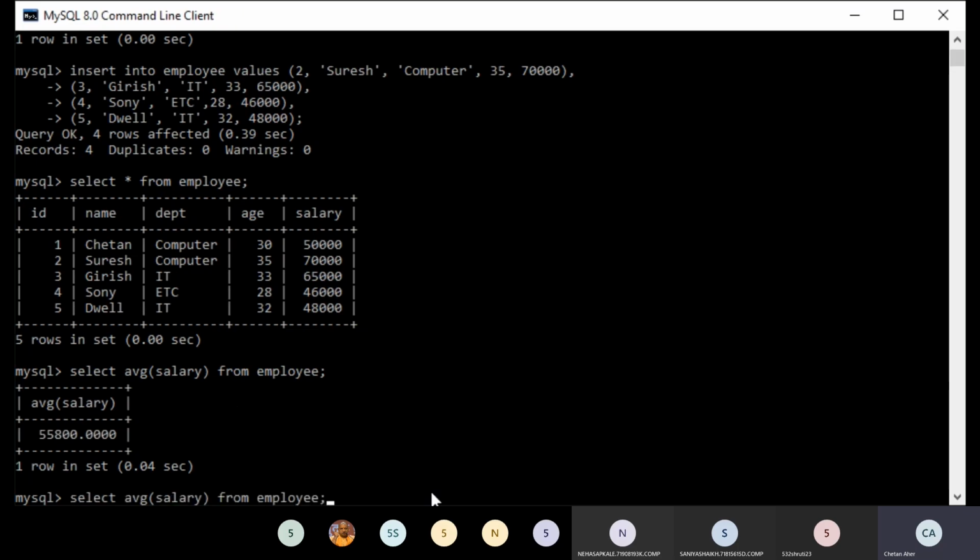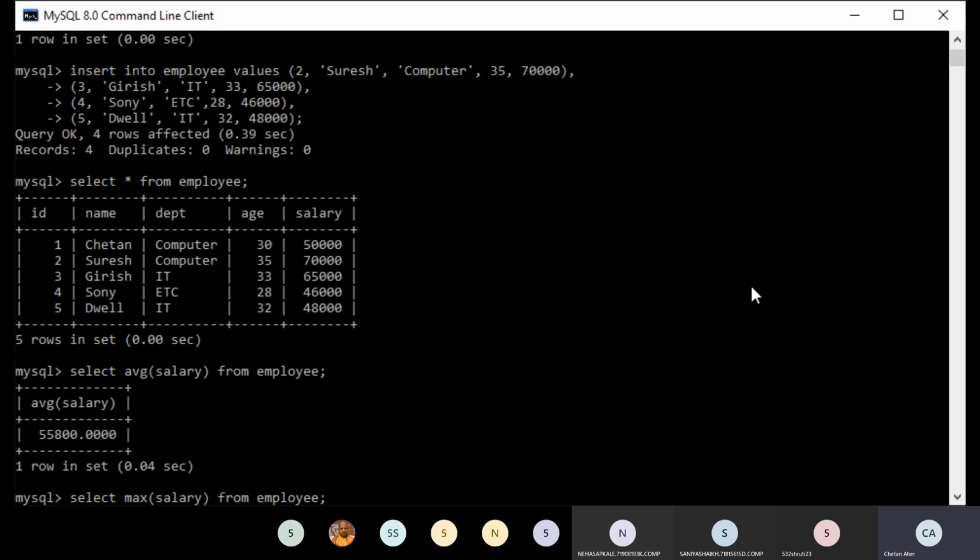Now we will take the maximum salary. You just have to use the function to get the maximum salary. So this could be the query for the maximum salary.